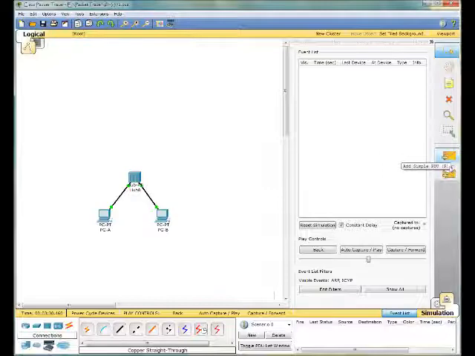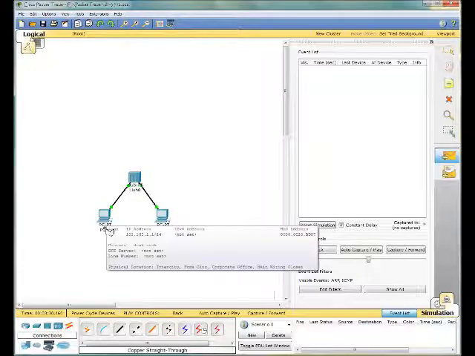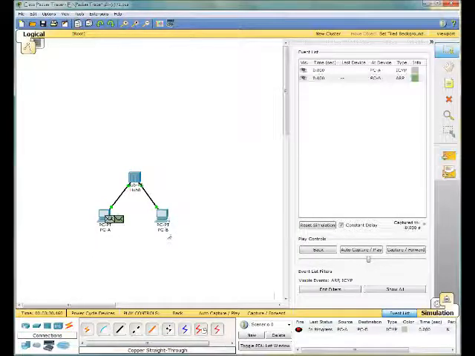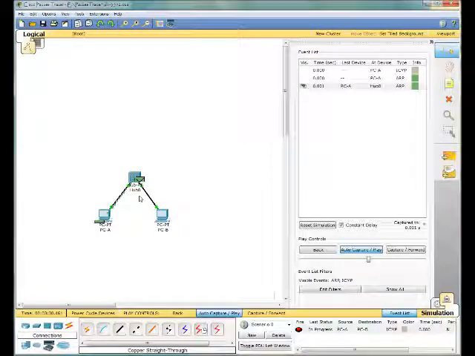Run a simple PDU, which is right here, this closed envelope. You can see the text on the side, alternate text. Click on that, and we need to set our source, which is PCA, and our destination is PCB. And you'll see that the ARP and ICMP are right here. It's waiting for me to tell it to go. So you click Auto Capture and Play, and it goes ahead and sends